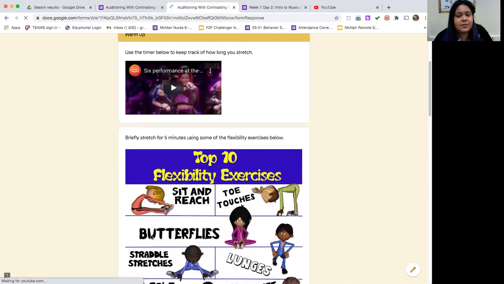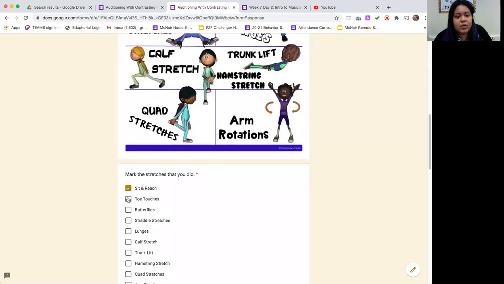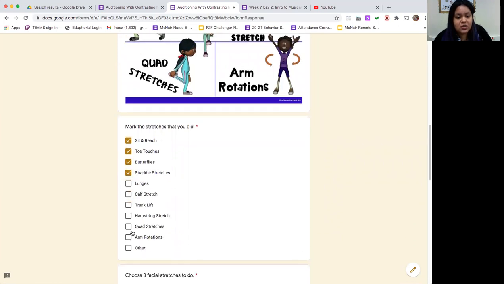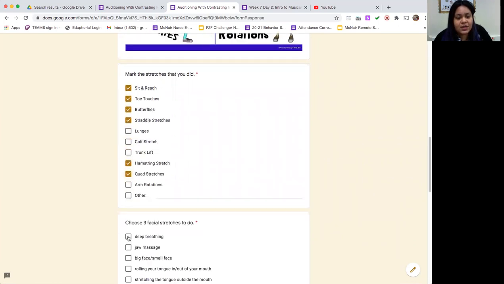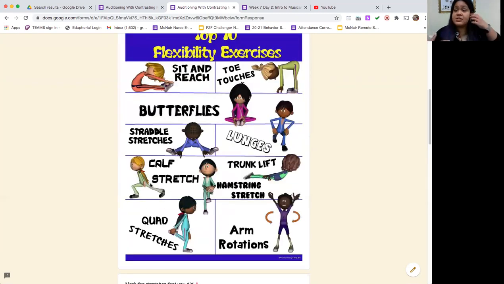When you get onto the page, you're going to see that we have our daily stretches and vocal warm-up and facial stretch that we usually do. I'm marking the ones that we usually do in our class sessions. Remember, if you're not able to get up and do the full stretch routine like we usually do, you should still do some kind of stretching at your seat, whether that's rolling your head